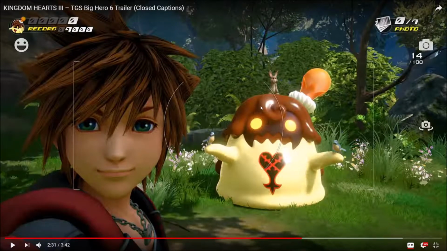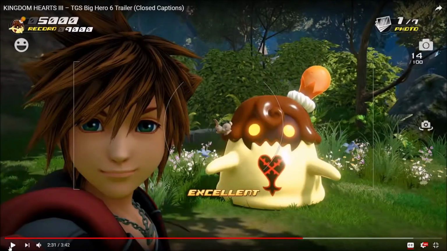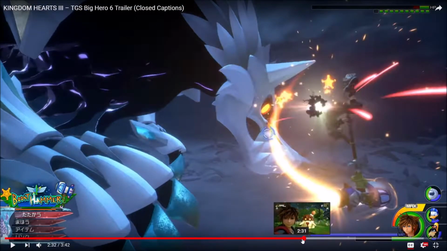Then here, this is what I'm really excited for, picture or photo mode. We can see, first of all, that Sora can turn the camera around, so selfie camera or just regular camera. The 14 out of 100, I'm guessing, is the maximum amount of pictures you can have. 0 out of 7 might be something for the world, or I don't know what. This here might change Sora's emote. You see he's smiling. It might be like a filter or something, stickers, I don't know. And we can also see the Heartless posing with some animals. And it is a mini game, obviously. You see the excellent, and for that one picture,